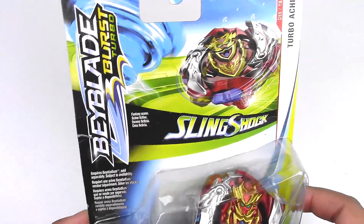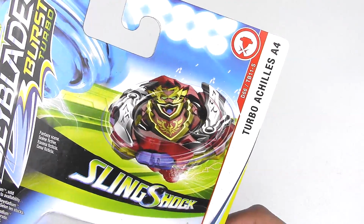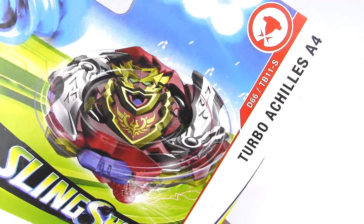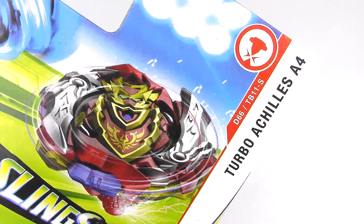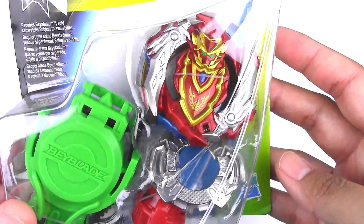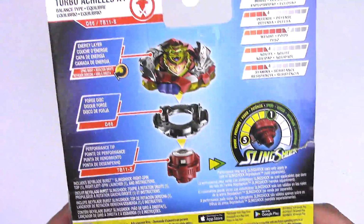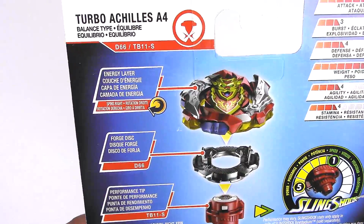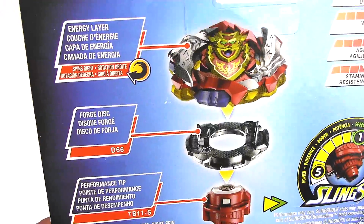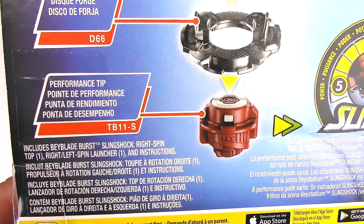So we have your traditional SlingShock graphic, all that good stuff. Turbo Achilles A4, known as D66 with a TB11-S. It is a balance type, and here we have Turbo Achilles. Looks awesome. Has a pretty good disc that comes with it too. And here we got the parts and stats of the Beyblade. Energy layer, Turbo Achilles, it's right spin. Forged disc, D66. And the performance tip is